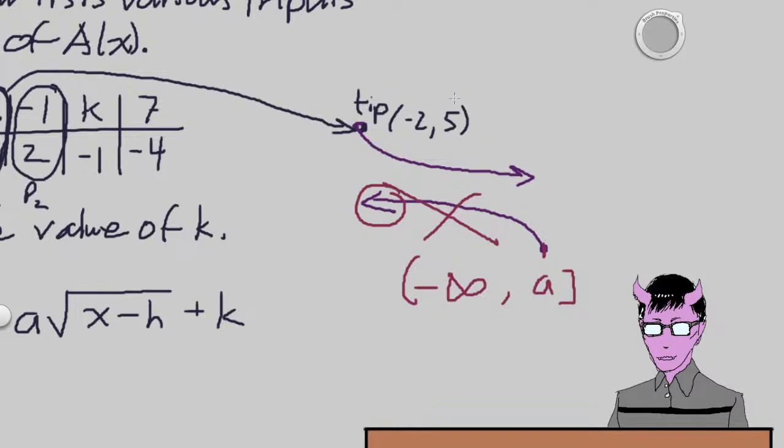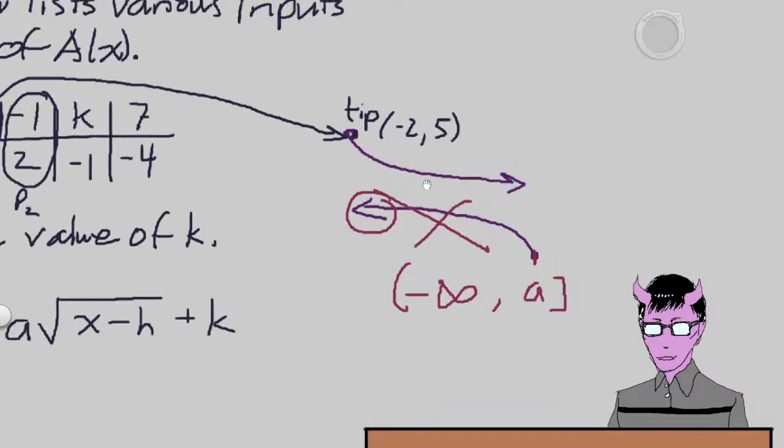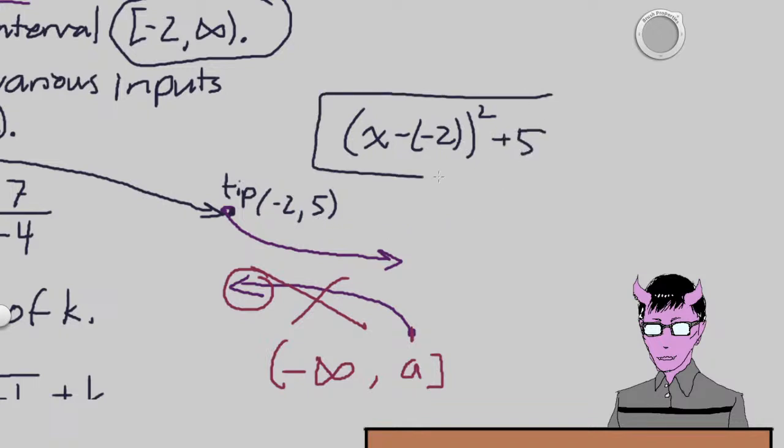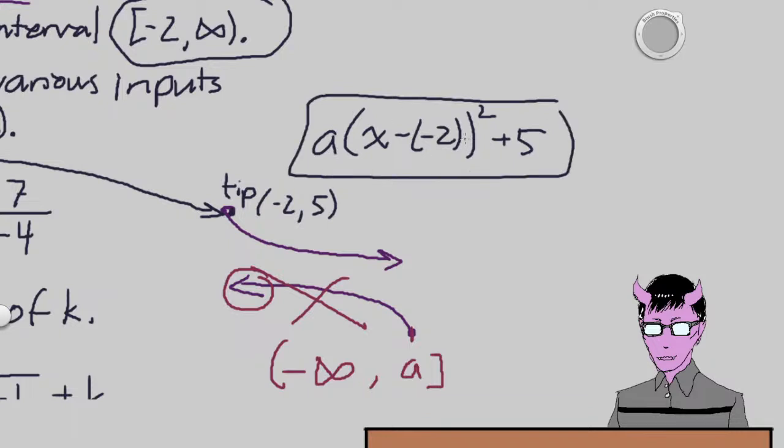Which, if we're given this as a vertex for our parabola, we can use it directly to populate our parabola. So this is just hypothetical. If this was a vertex for a parabola, then we would populate it as such. This is the x value, you minus the x value, because it's opposite inside the parentheticals. And then the 5 will be +5. And that would be how we populate the general skeletal structure for the